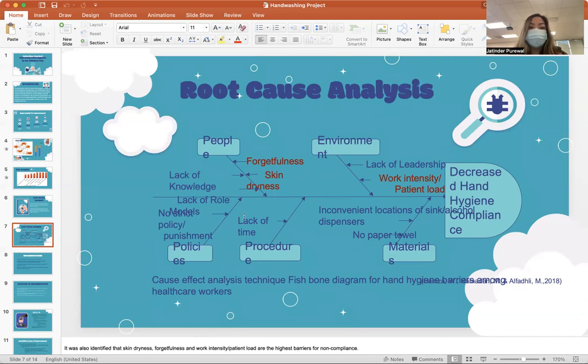Under people was lack of knowledge, lack of role models, forgetfulness, skin dryness. Under environment was lack of leadership, work intensity or patient load. Under policies were